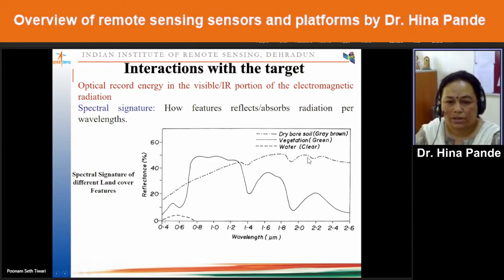So for example, if it is clear water, then in the visible region there is very little reflectance, and in the infrared, all or almost all of the energy is absorbed. So in the infrared region, it will appear as a dark feature on the image because most of the energy is absorbed. On the other hand, if it is healthy green vegetation, then it reflects most, about 50%,